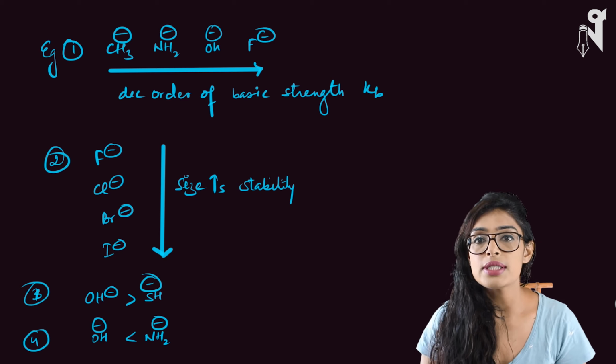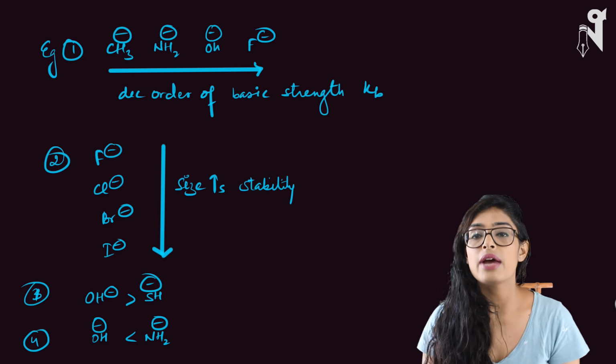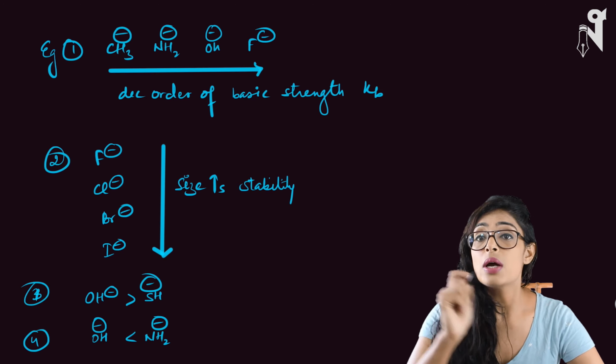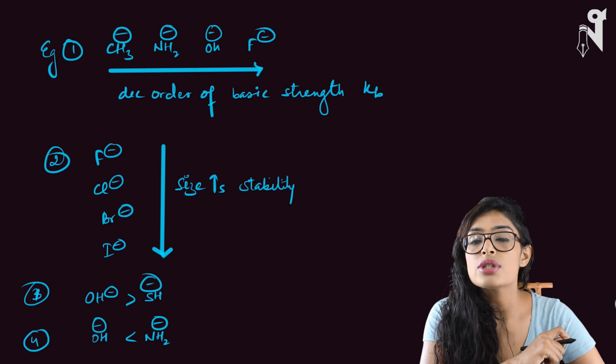This is very initial level stuff, how to compare the basic strength of the atoms when they have negative charge, when they are in the anion form, and you have to use this when we are solving the questions, when we are comparing the examples. Okay, so now let's come to exactly what we require for organic chemistry. We are going to talk about the nitrogenous bases.